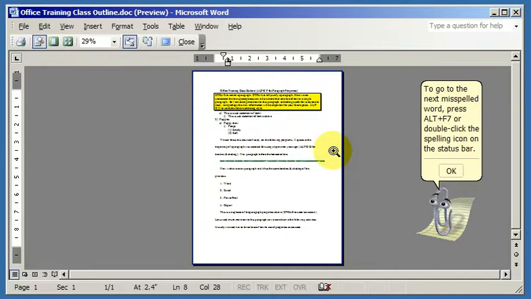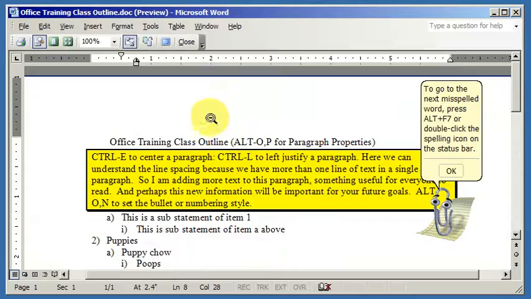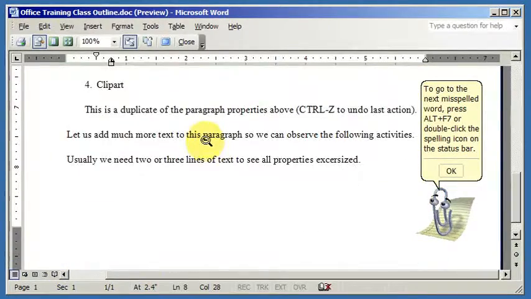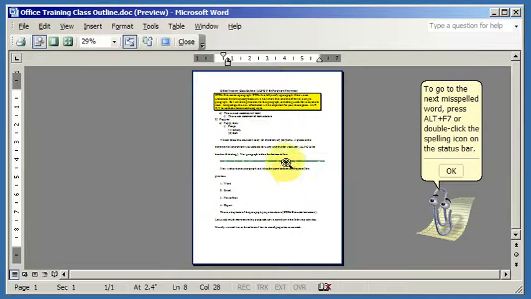So use the print preview, and there you can see the page and you can see everything on the page, and you can zoom in and see this is what the document would look like if we printed it now. So this is a good way to check our work